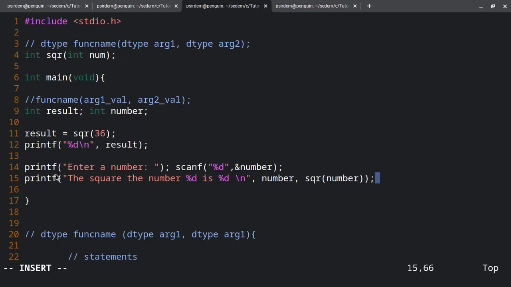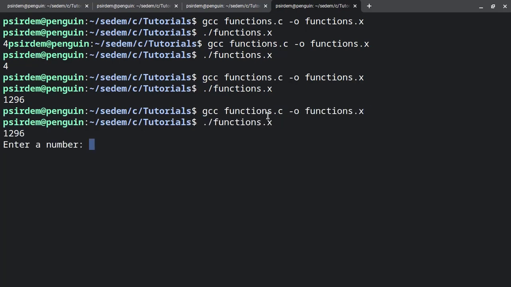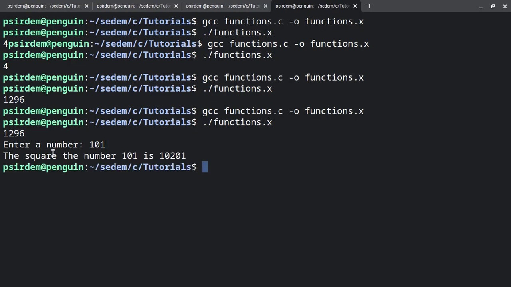So once you have that, you see that we have what? So let's save it and see how our results would be. Okay, there's no error. Interesting. You have to enter a number, 101. I like 101. I don't know why. Interesting. So the square of the number 101 is what? 10,201. So basically that's how to